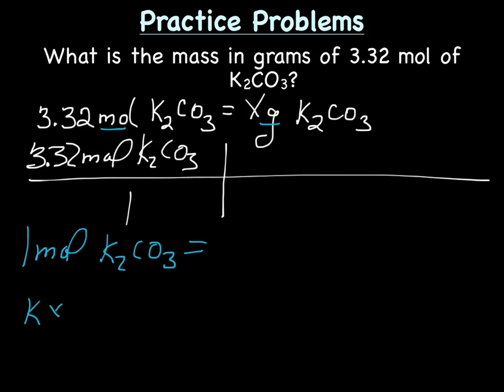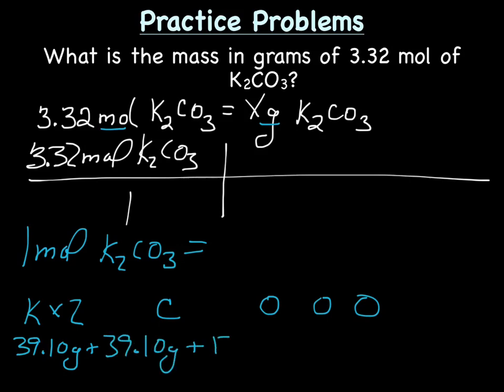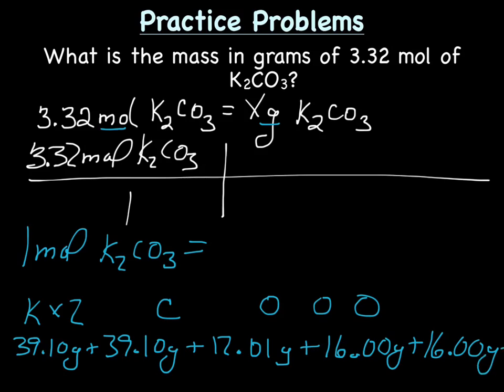And so we know we have 2 potassiums, a carbon, and 3 oxygens. So the molar mass of potassium is 39.10 grams, and there are 2 of them. The molar mass of carbon is 12.01 grams, and the molar mass of oxygen is 16.00 grams, and there are 3 of them. So now we need to add that up, giving us 138.21 grams of